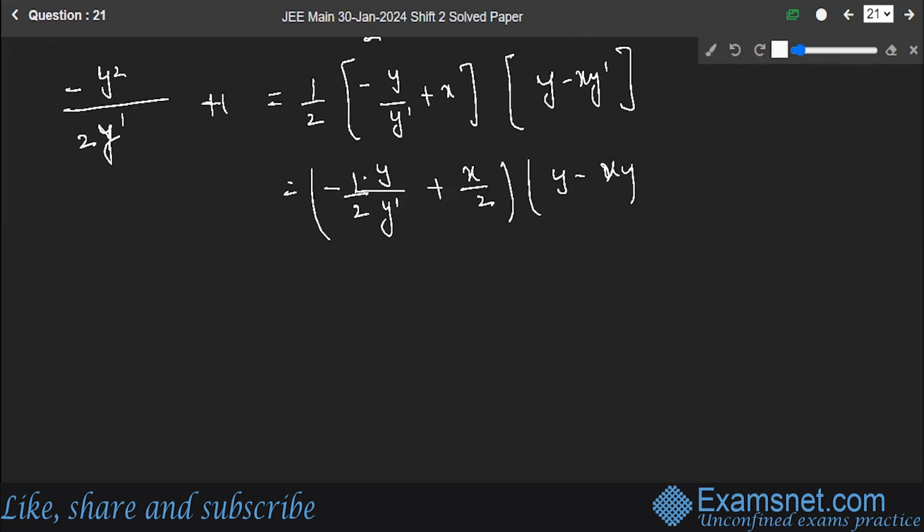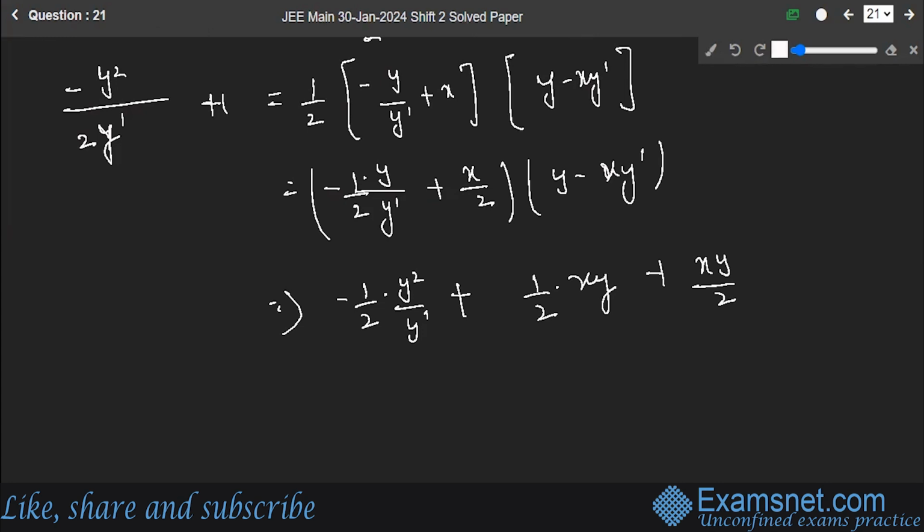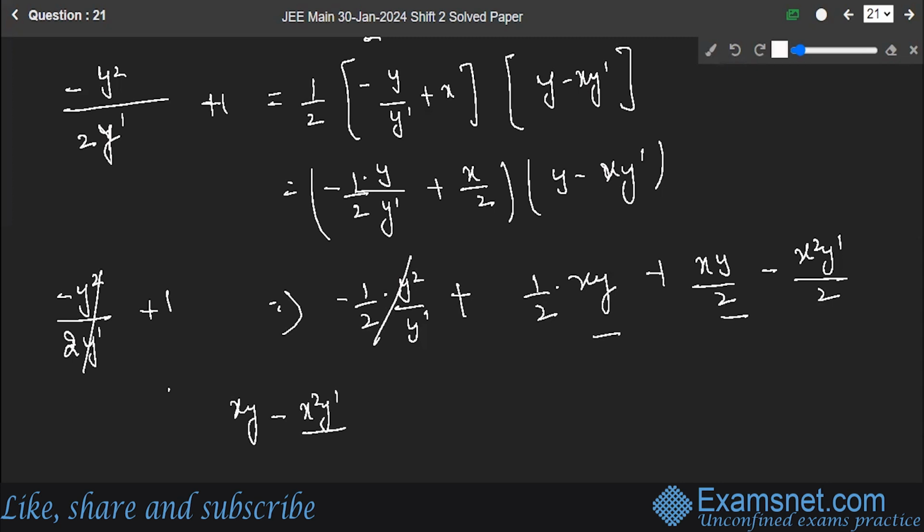Y minus xy dash. Let's open up. So you will have minus 1 by 2 into y square upon y dash plus 1 by 2 into xy plus xy upon 2 minus x square y dash upon 2. This is equal to minus y square upon 2 y dash plus 1. This and this will cancel out. You will have, adding both of them, xy minus x square y dash upon 2